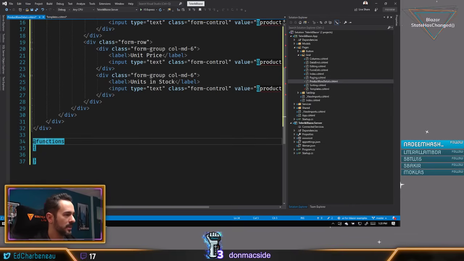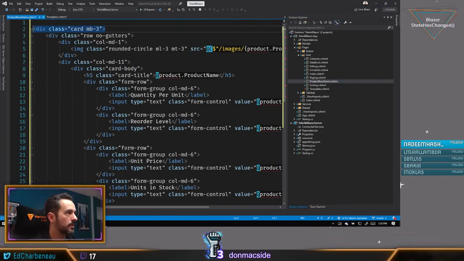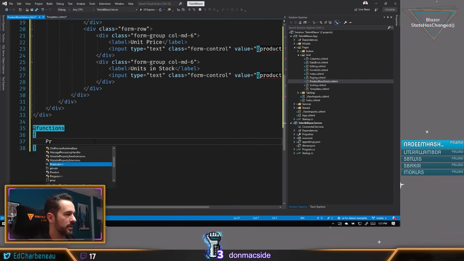Open up a code block here and say we need a product. And this is going to be a product from, we probably need a using statement. This is coming from models. So let's come up to the top and say using. Sometimes IntelliSense helps a little too much. Telerik Blazor app models. So now we should be able to say product as